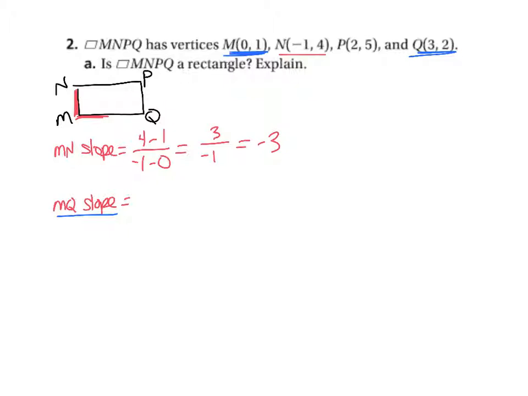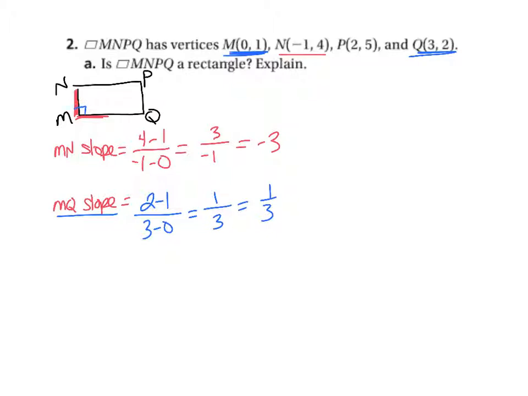Do y minus y, 2 minus 1, over x minus x, 3 minus 0. 2 minus 1 is 1, 3 minus 0 is 3. Ooh, that's a 1/3. I like it. It's opposite reciprocals. So I know right now that MN and MQ are perpendicular, so that creates a right angle